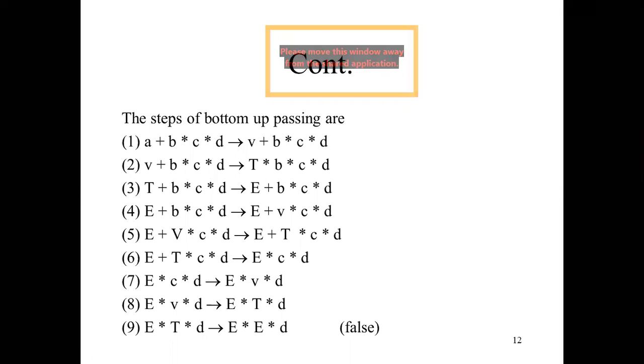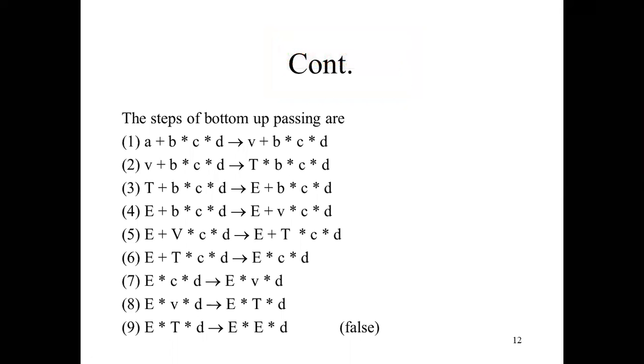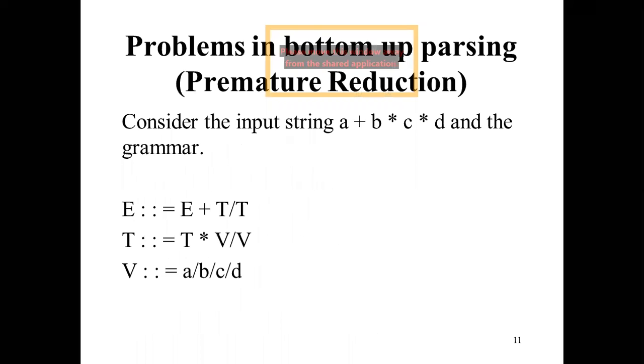It means the grammar is false because you are unable to achieve the proper result. Okay, so what is this? This is called the premature reduction. This is one of the best examples of premature reduction. You are replacing as per the given grammar, but ultimately you are unable to achieve the proper output. What is the proper output? As per the given grammar, you must get only a single E.